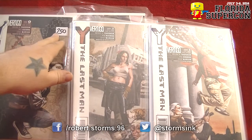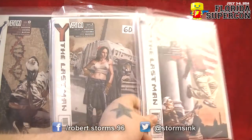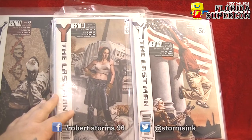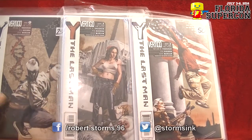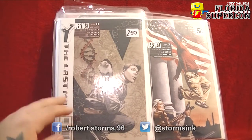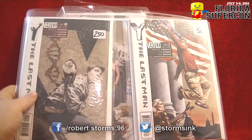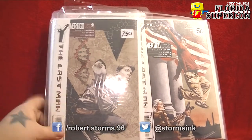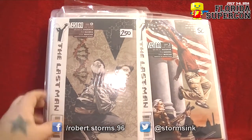Now, the covers they were selling for were $250, $60, and $50. I did not pay that for them. I got this from the same guy that I bought the Fairy Tale Valentine's Day book from. I was originally just going to negotiate for this one, and I asked the guy, how much would you take? I got him down to $150 just for this one. So I managed to knock it down $100. But I told him I really wanted 2 and 3 to go with it. So he asked me, would I be willing to pay $250 for all 3? At that point, I was already giving him the money. I am not turning down